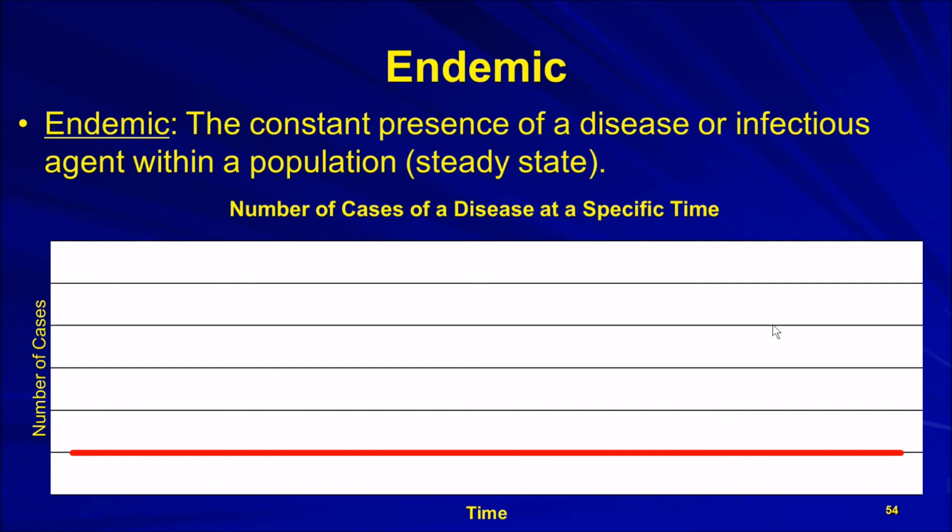But what has happened is, as the diseases are less prominent in our society, people quit taking injections, so the diseases that were once eradicated or stopped come back. And so endemic doesn't always apply to some of those diseases. If we give injections for these diseases, we generally don't have a problem.